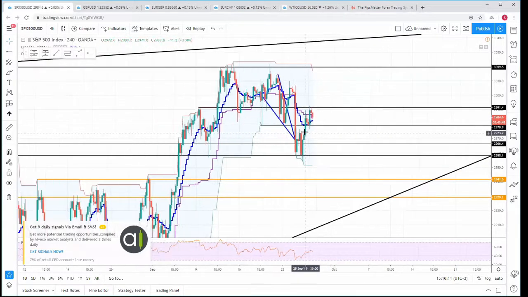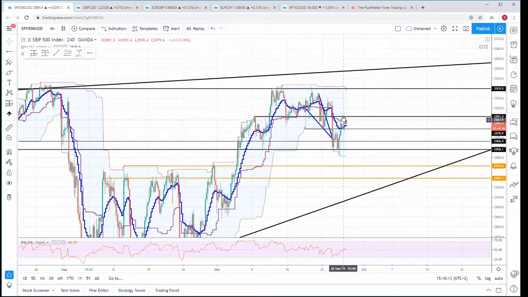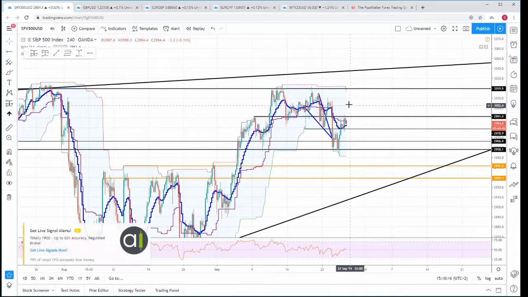You can see here with the S&P 500 on the 4-hour, it's finding resistance at this level here. If it pops into this zone here, I'd say we could easily go long. But